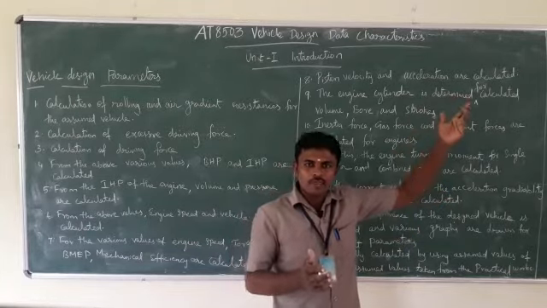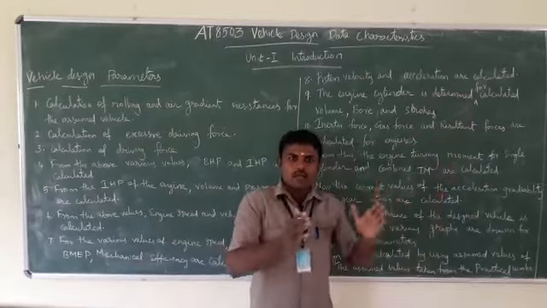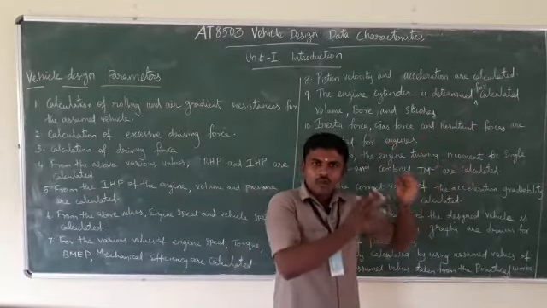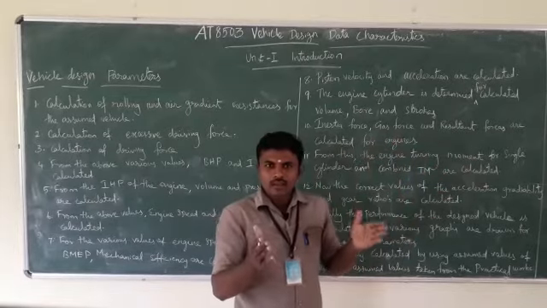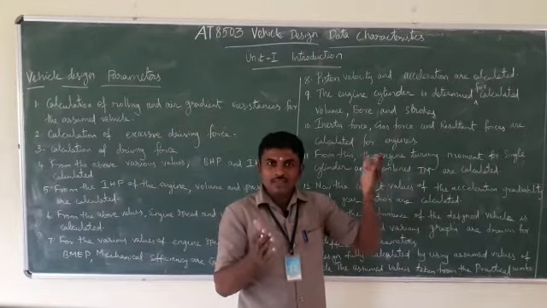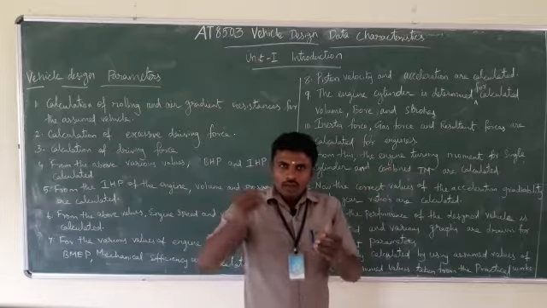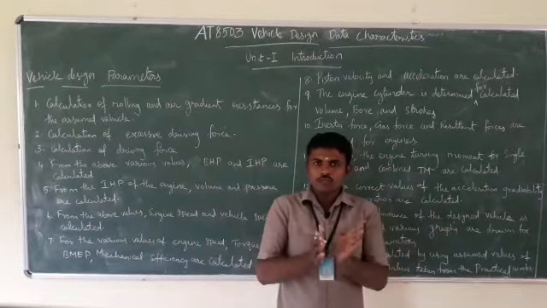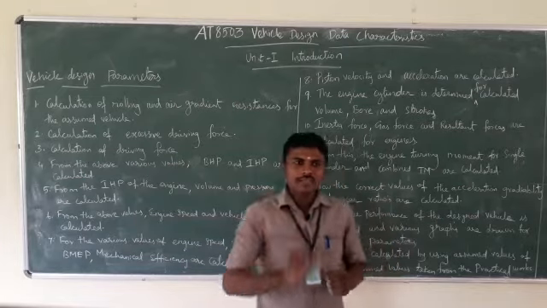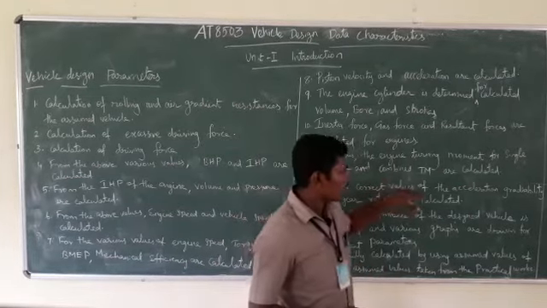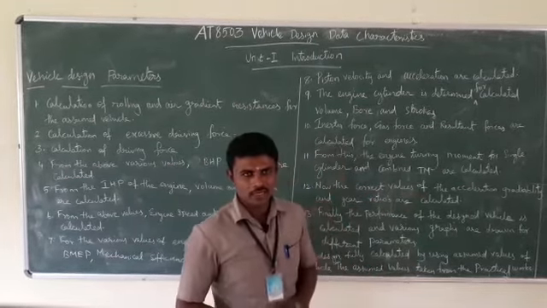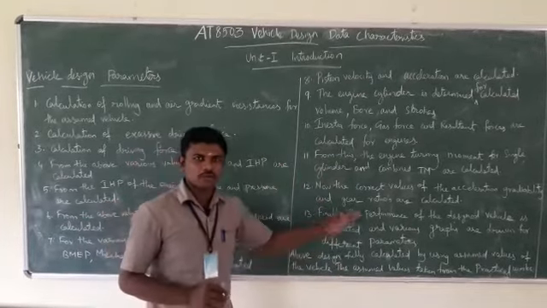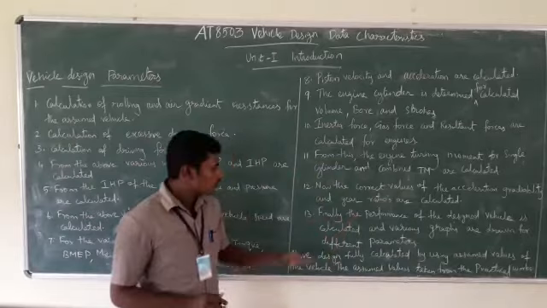Already previously we found it, it's a common thing, the standard form. From that we take the exact value, and we already got our values, compare both of them and take the correct values. Take the correct values of acceleration, gradability and gear ratios. Suitable gear ratios we need to select, right? After that,